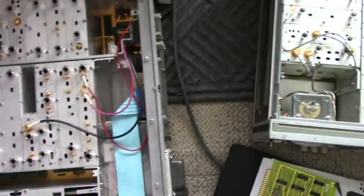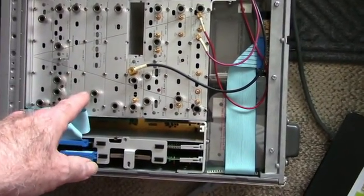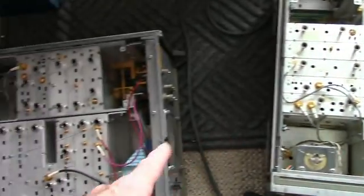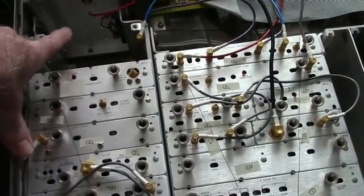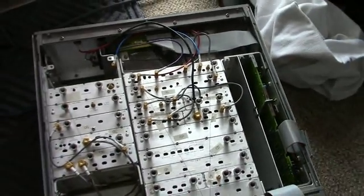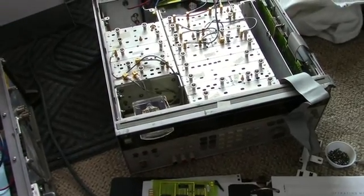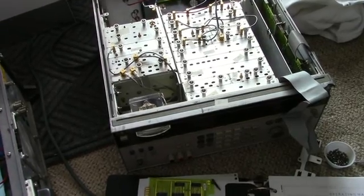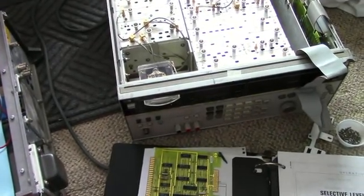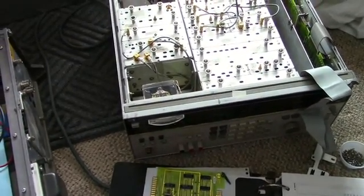Like I say, I got 3 of these at a Hamfest. This one someone was into and parts were removed. Neither one of these two had the 004 time base option, which is the crystal oven oscillator, which goes back here. If you can get one of these, try to get more than one. These were pretty cheap. I think these were 10 or 15 bucks a piece. Far cry from the original. I think it was 11,000 these things cost new back in the day. But try to get more than one if you can, because I don't think I would have got this one running without the spares here